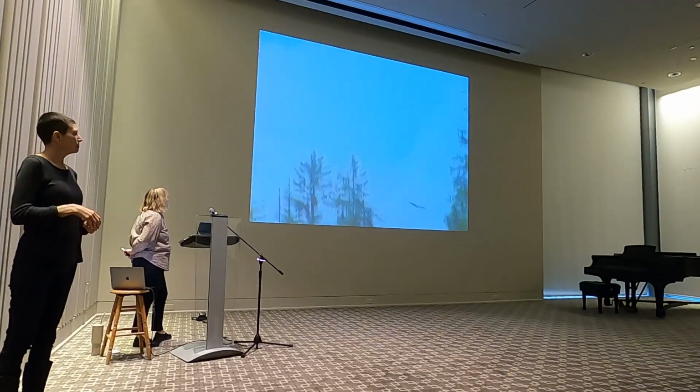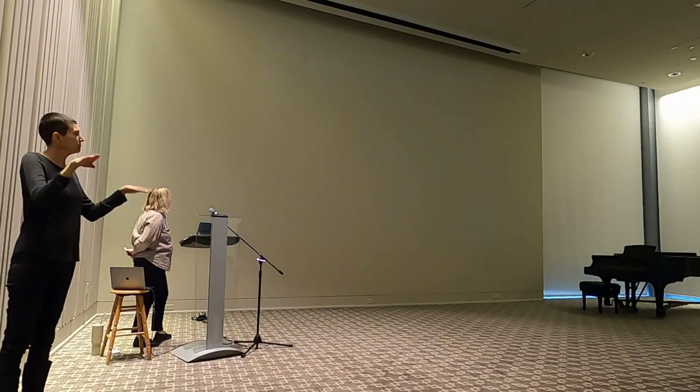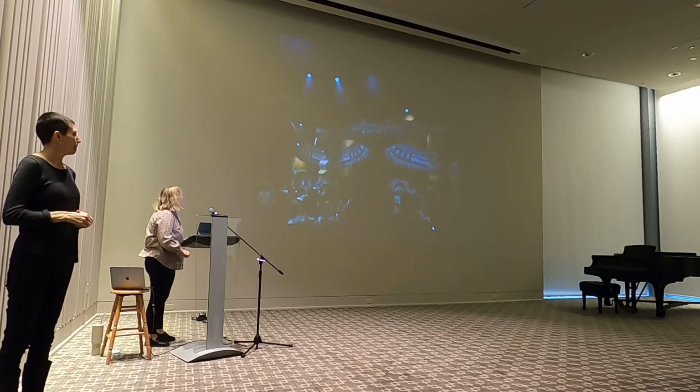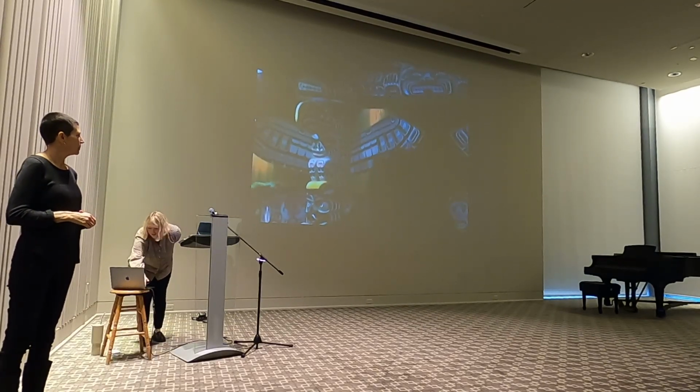Eagles soar across a cloudy sky. My people, the Kwakwaka'wakw,